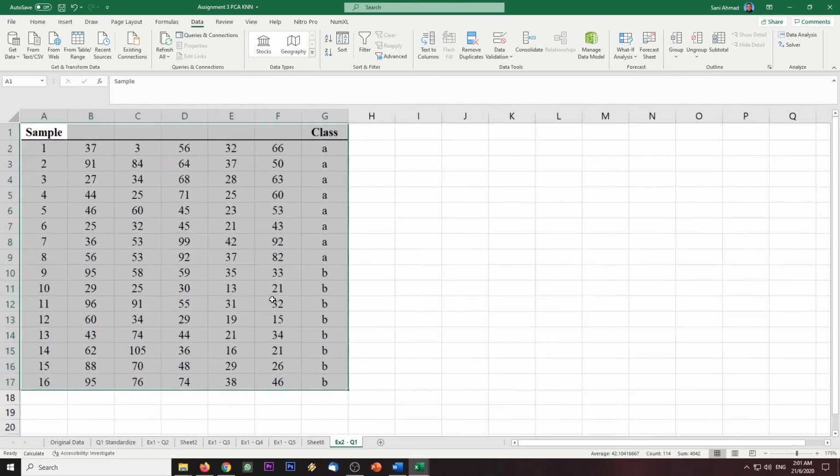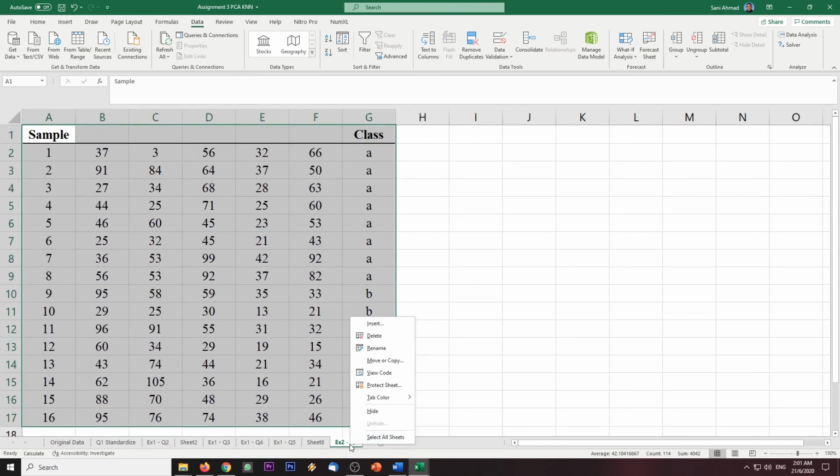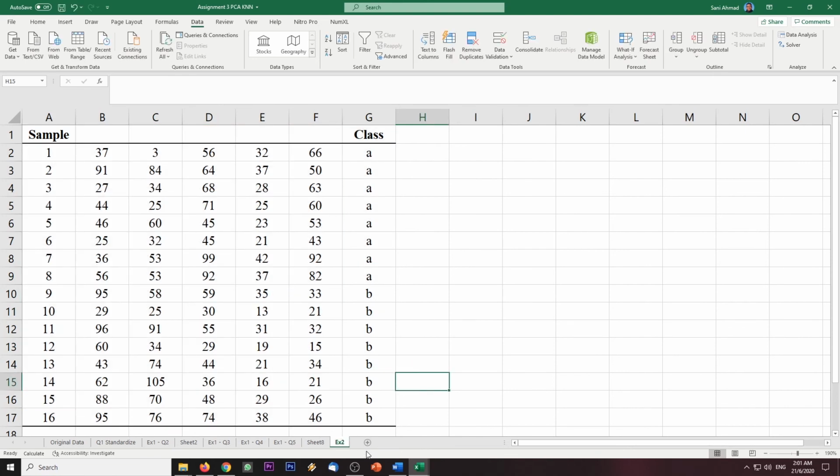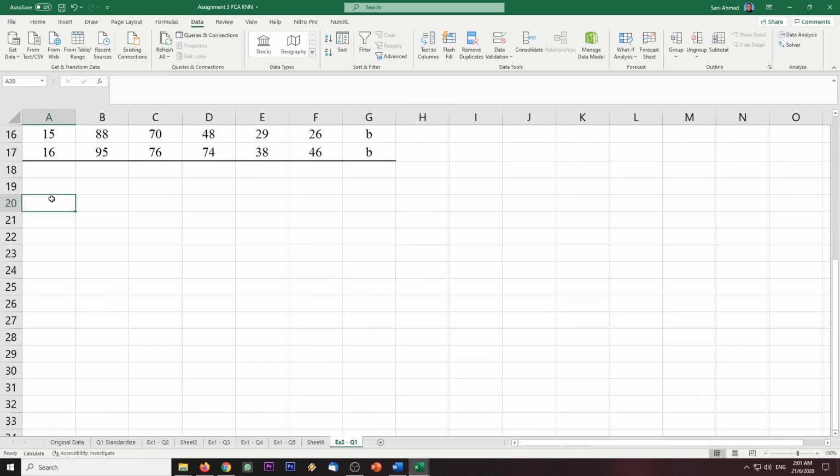Okay, once you have that, do exercise 2 only, because we will use this later, this question 1. So we have to do the Euclidean distance. How do we do this? So in a Euclidean distance,